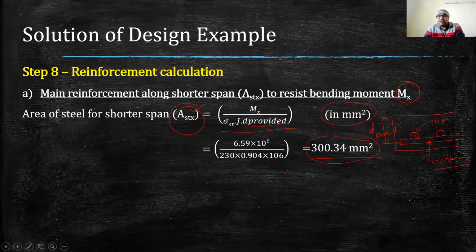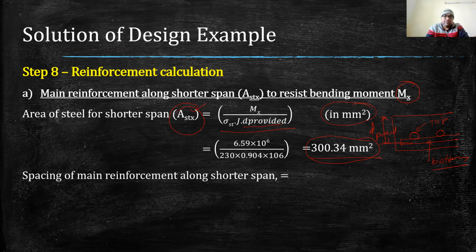So here in the slab, generally we don't count the total number of reinforcement. Generally, in case of slab, we provide reinforcement as per the spacing. So therefore, we will now calculate the spacing of main reinforcement along the shorter span. And the formula for spacing is A phi, the area of cross section of one bar, divided by area of steel along the x direction and whole multiplied by 1000. Why? Because we are calculating spacing in the unit strip, because this is the slab with the unit strip.